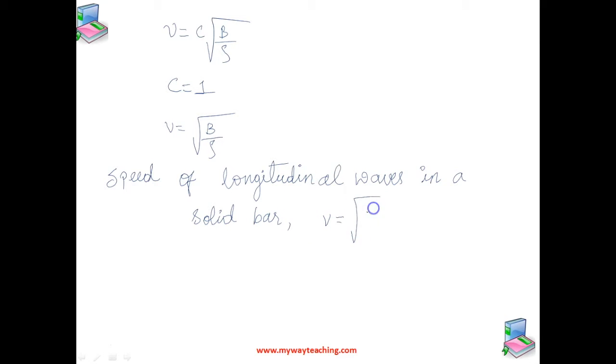We can write it as v equals square root of Y by rho, where this Y is Young's modulus. Okay,